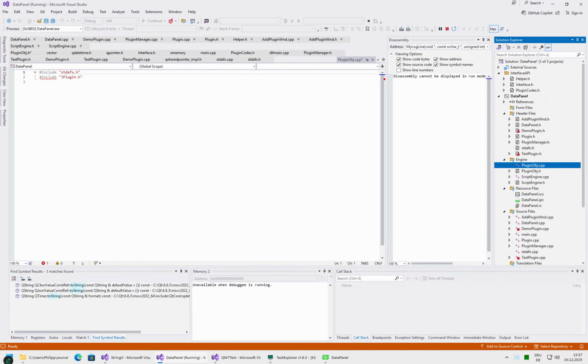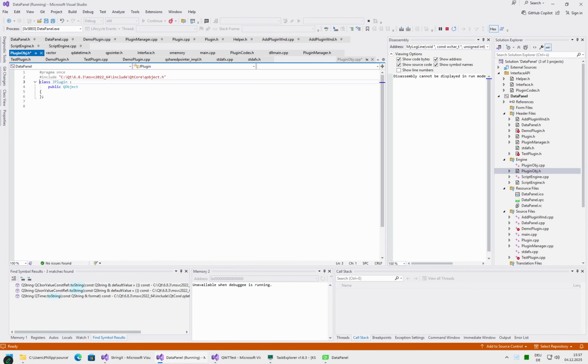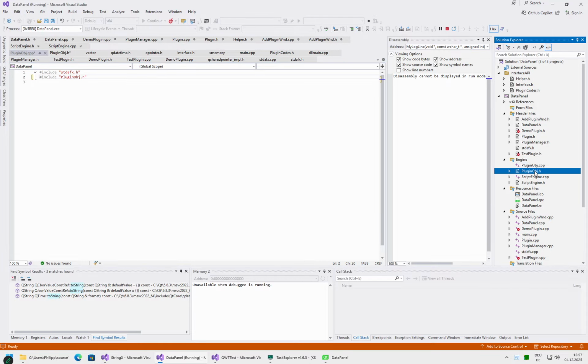Okay, so this of course needs to be changed. PluginObject, plugin.h, this needs to be changed. PluginObject, since we have it, we could still prefix it with a C, since it's a, no, let's prefix it with a J. Let's keep it like this. Right, okay, so we have our object,